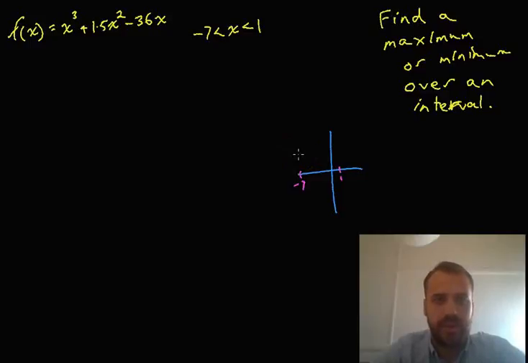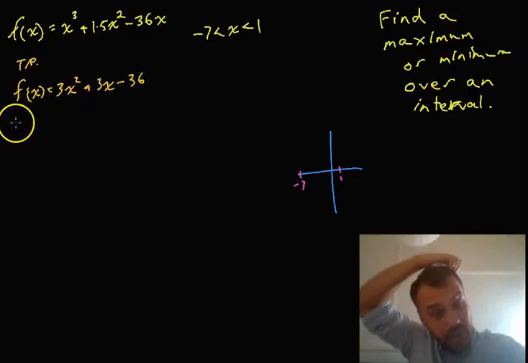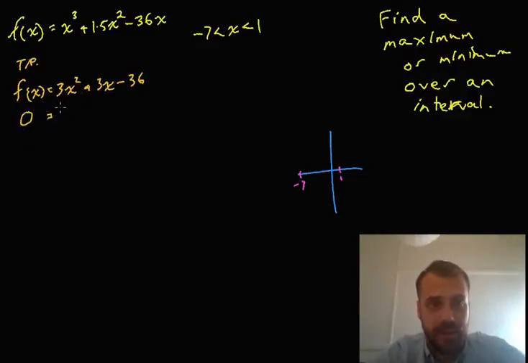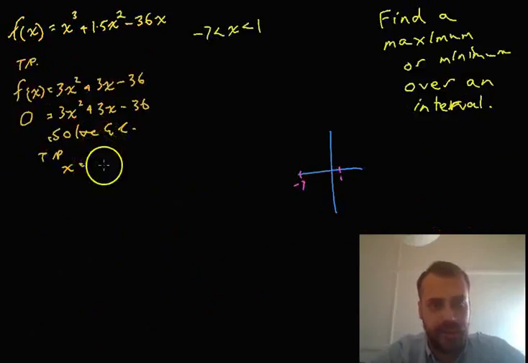One of the things that we need to know is the turning point. We've done it before, but I'll quickly go through it again. Turning point, f dash x, that's going to give us 3x squared plus 3x minus 36. To find the turning point, you let the derivative equal 0. 0 equals 3x squared plus 3x minus 36. And when you solve that using GC, we get a turning point where x equals, what was it again? X equals -4